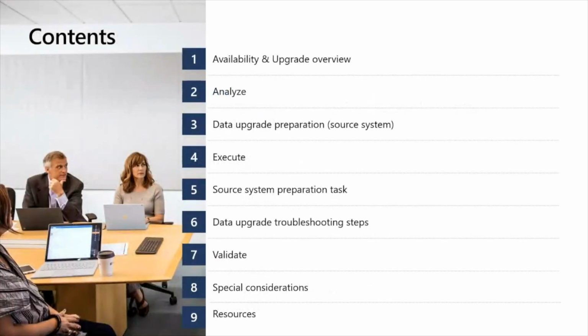In terms of the content, I'll be taking you through the first half of the slides, starting with the upgrade availability and overview. I will take you through the analysis phase and how you arrive at the code and data upgrade estimation and how you come up with a project plan. I also want to share some of the key data upgrade preparations at the source system, due to some of the deprecations we have done between Dynamics 365 and AX 2012. And then I will be handing over to Ankur to take you through the remaining agenda,